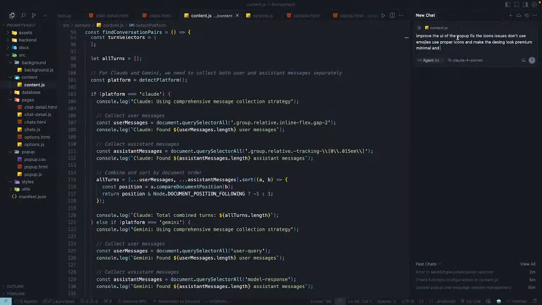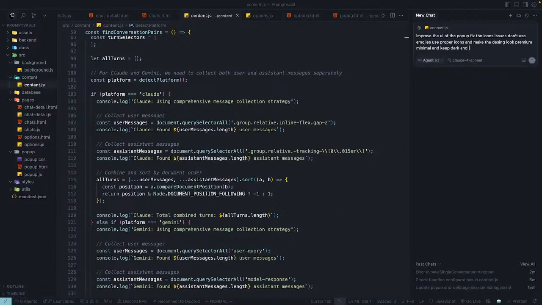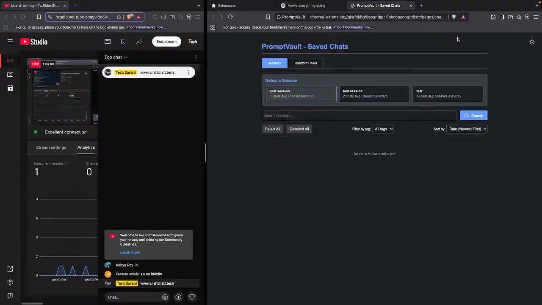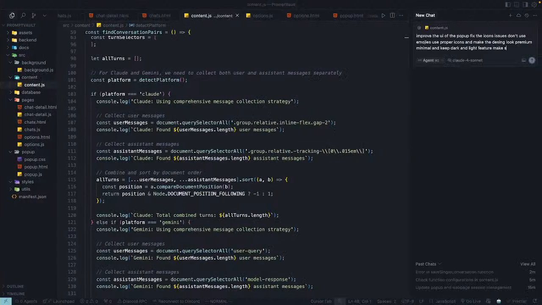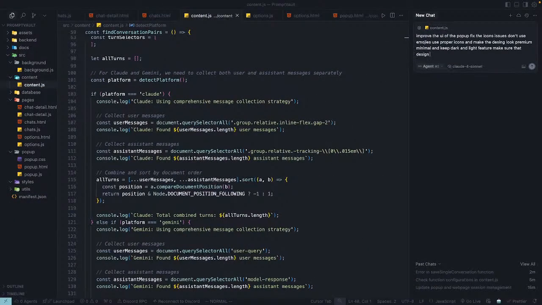Like keep dark, and what we call this, is light feature. Make sure that design